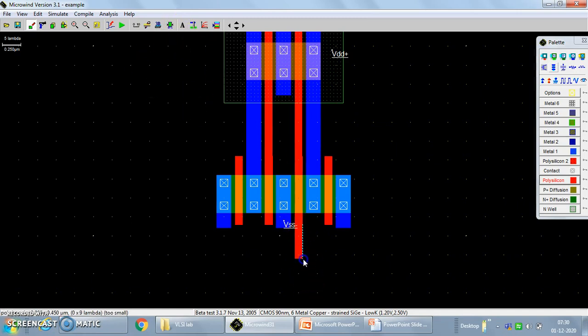This thickness has to be increased, otherwise an error may occur. The minimum required polysilicon layer should be maintained.